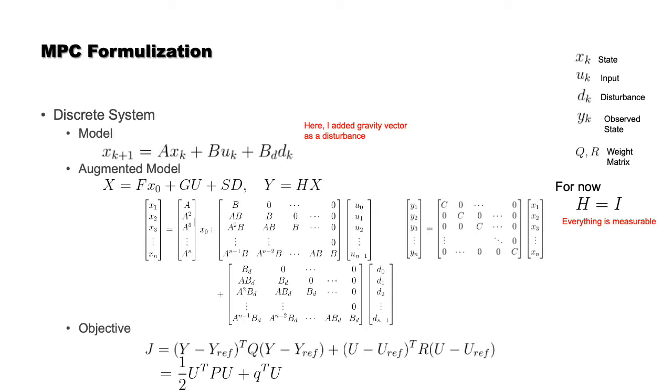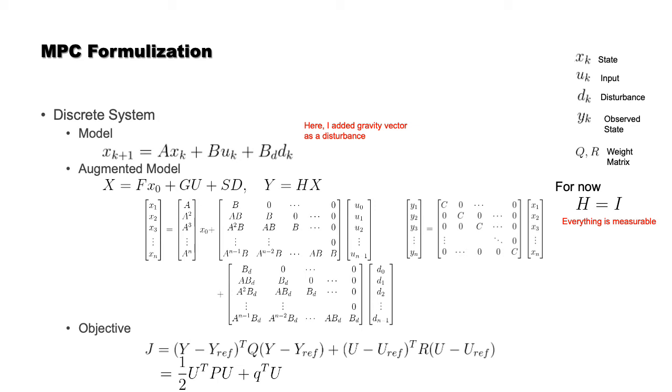To wrap up what we have looked at so far, the MPC formalization is organized as follows. The discrete system model can be written as in the first equation. And here in our problem, I added a gravity vector into the disturbance term so that we can take gravity into account. Since we have this model, we can predict its future states by inputting random inputs, as explained. By rolling out, we get an augmented model where